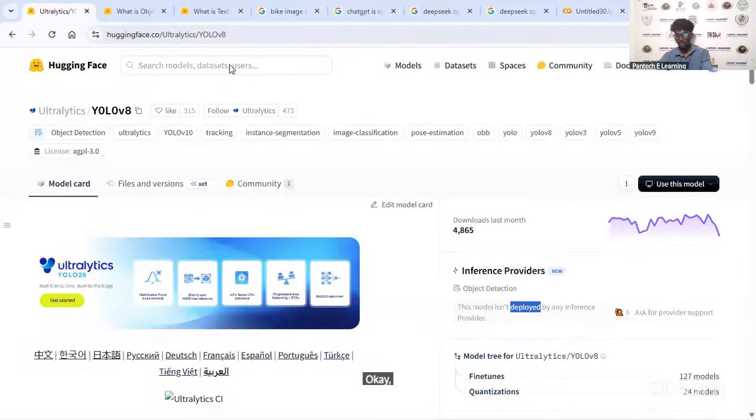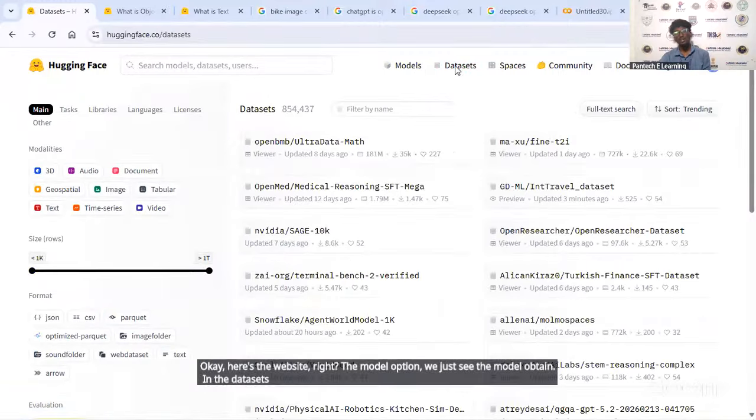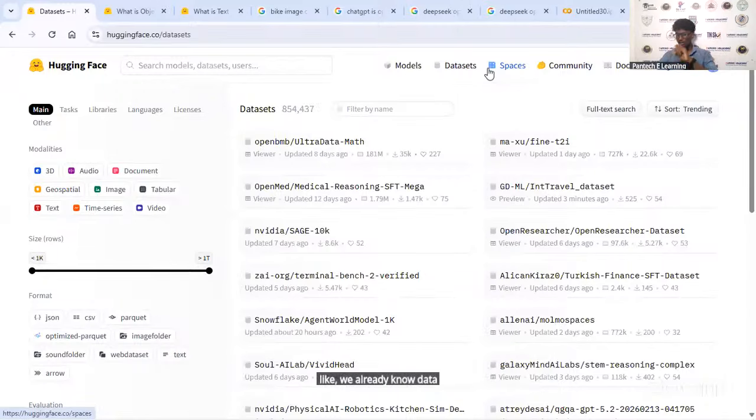Here on the website, we see the model option. In the datasets option, we see the datasets. Like we already know datasets, right? In Kaggle we have datasets, and like